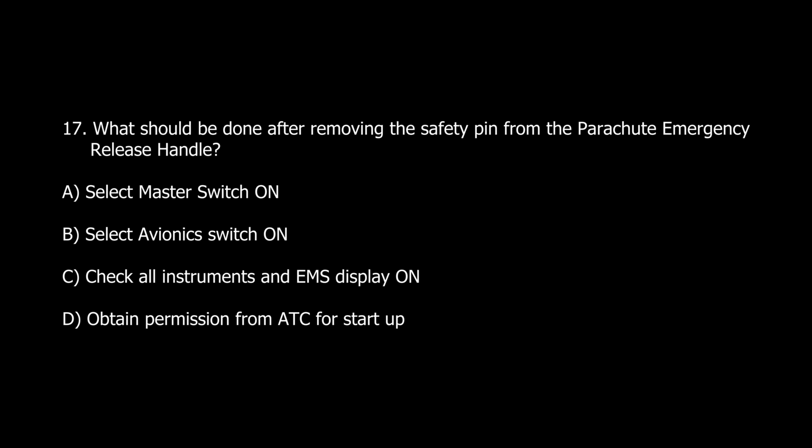Question number 17. What should be done after removing the safety pin from the parachute emergency release handle? A. Select master switch on. B. Select avionics switch on. C. Check all instruments and EMS display on. D. Obtain permission from ATC for